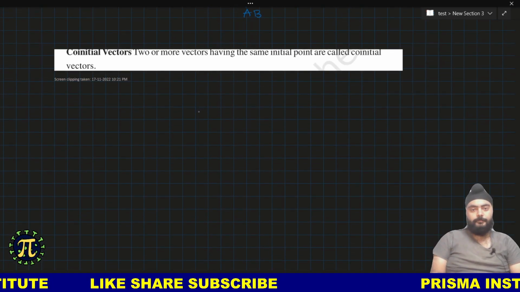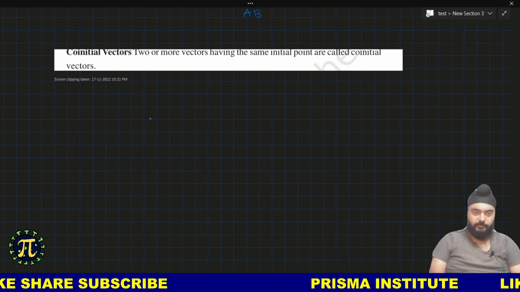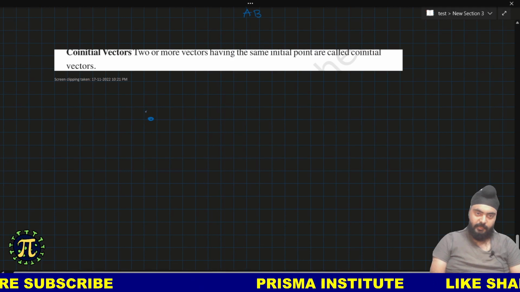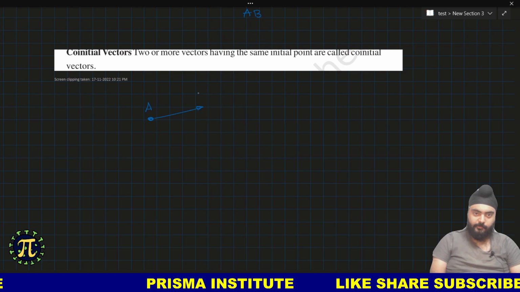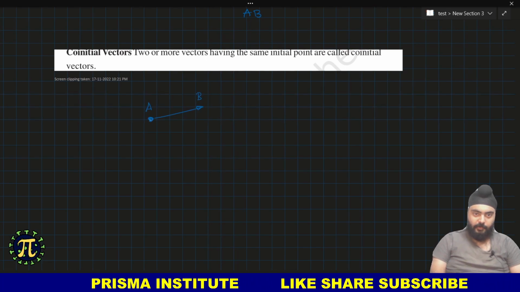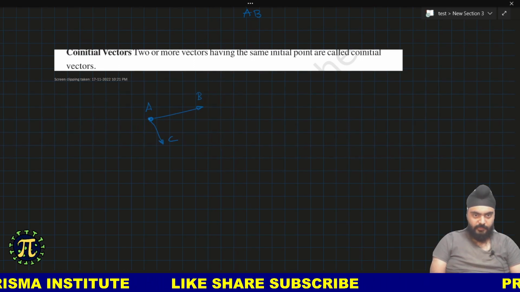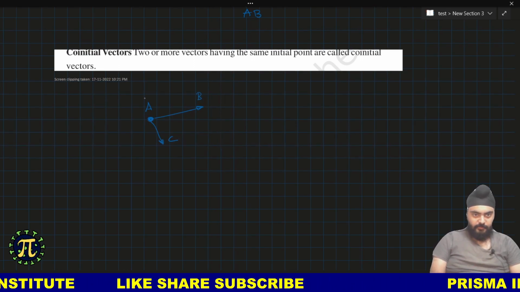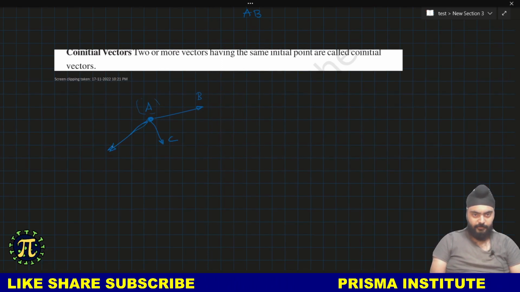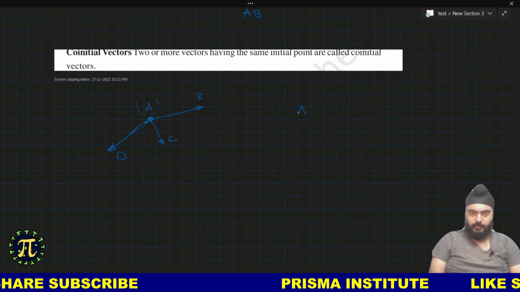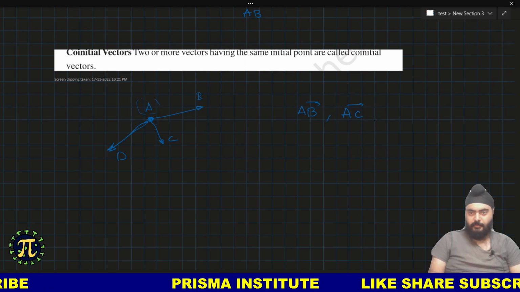So if two or more vectors have the same initial point, then this is called a co-initial vector. Let's say this is some point A, and from this I have a vector that starts from A and goes to B, and from A I also have a vector that goes to C. So these two vectors originate from this point A. There can be a third one also, nobody is stopping you there. So D. So I can say AB vector, AC vector, and AD vector